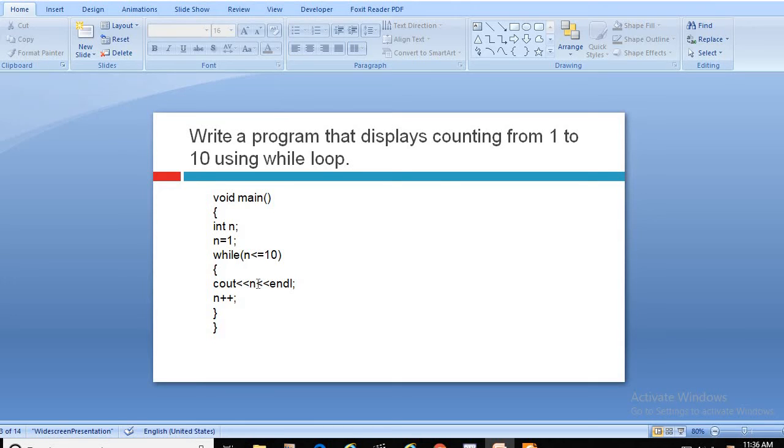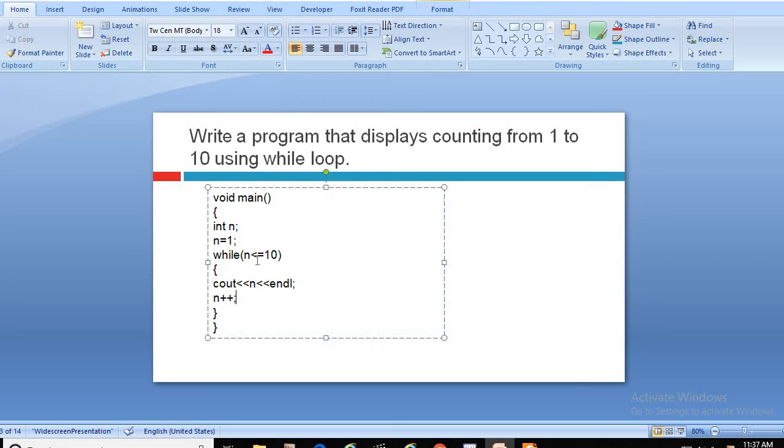Now its value is modified to 2, in the previous iteration we had 1, now 2, 3, 4, 5, 6, 7, 8, 9, 10, right? Then when its value is 11, this will go out of the loop.